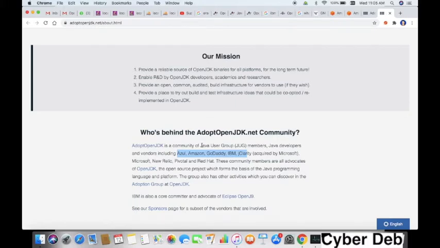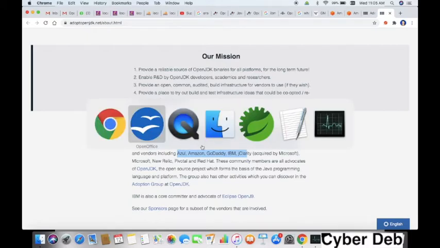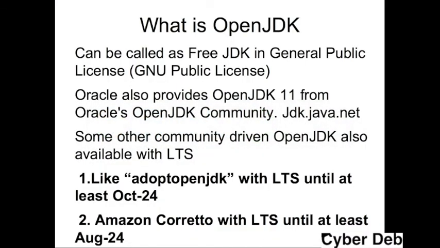As I said from the beginning, there is healthy competition now from different companies and different communities for OpenJDK. So in place of going for Oracle JDK, which requires a license, we may go for OpenJDK, which doesn't need any kind of license from our client or from our business.